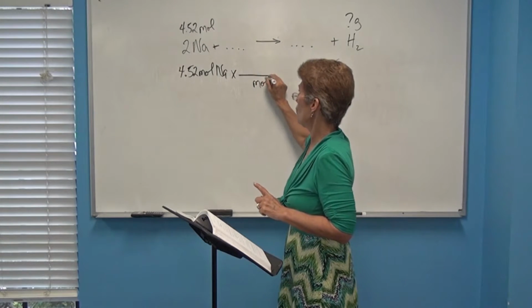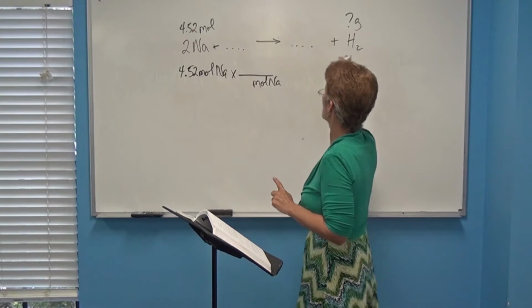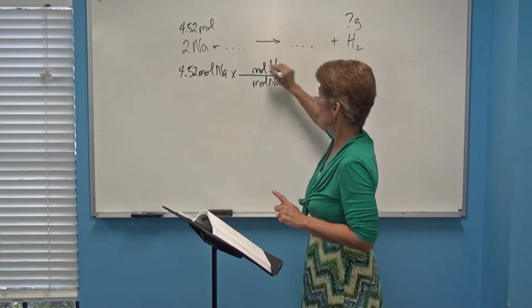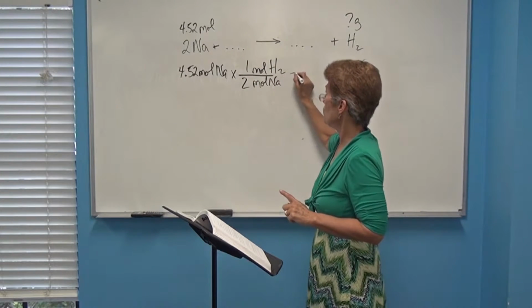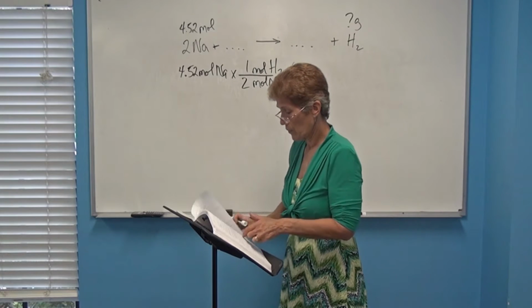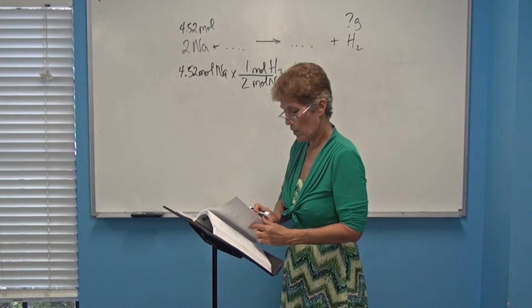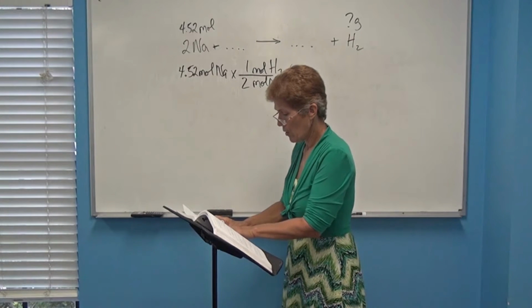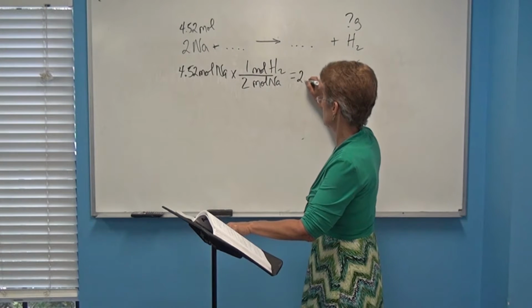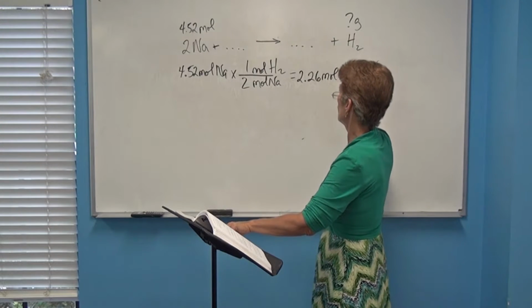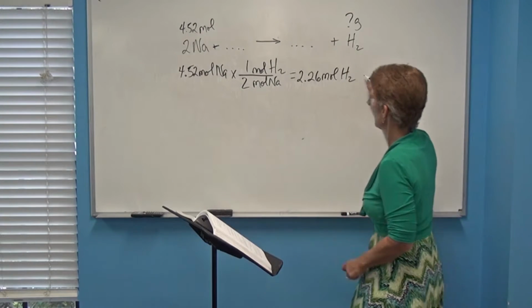So we're going to go moles of sodium, and we can go directly from moles to the moles of something else in a balanced chemical equation. This gets a 1, that gets a 2, so that's going to end up giving us, in 3 significant figures, 2.26 moles of hydrogen, and then we can take that to grams